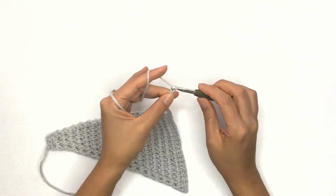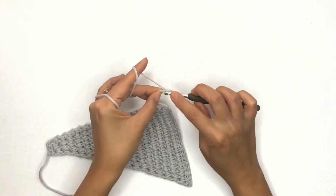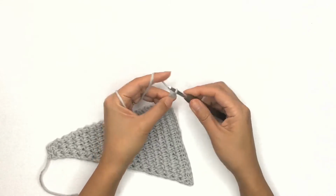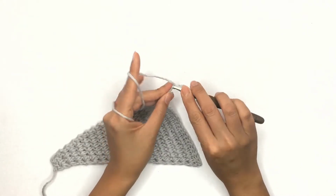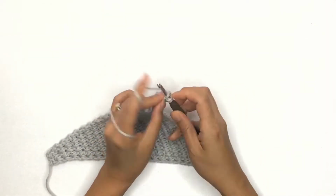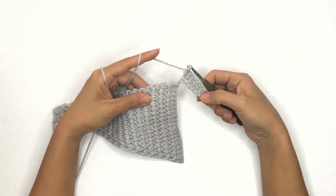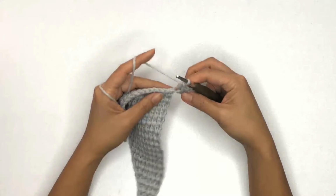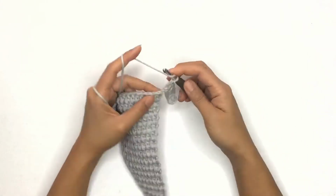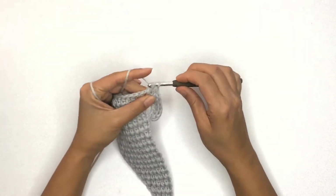Work 1 more chain to start the next row. Now on the next row, we'll insert a hook into the second chain from our hook and work a regular half double crochet. Continue working 6 more regular half double crochets until you've reached the end of the chain. On the next stitch, look for that first stitch that we made earlier and work 1 more regular half double crochet stitch,